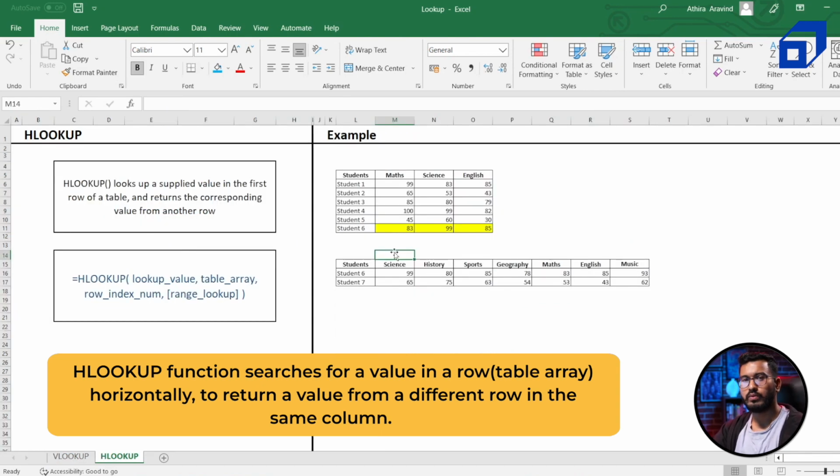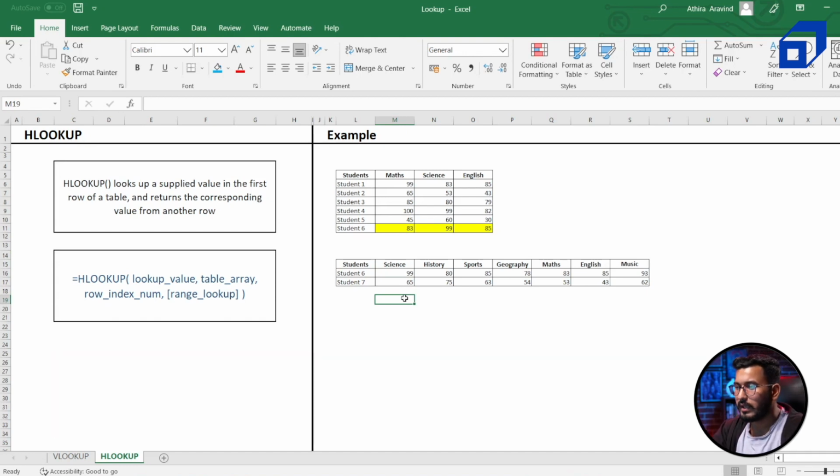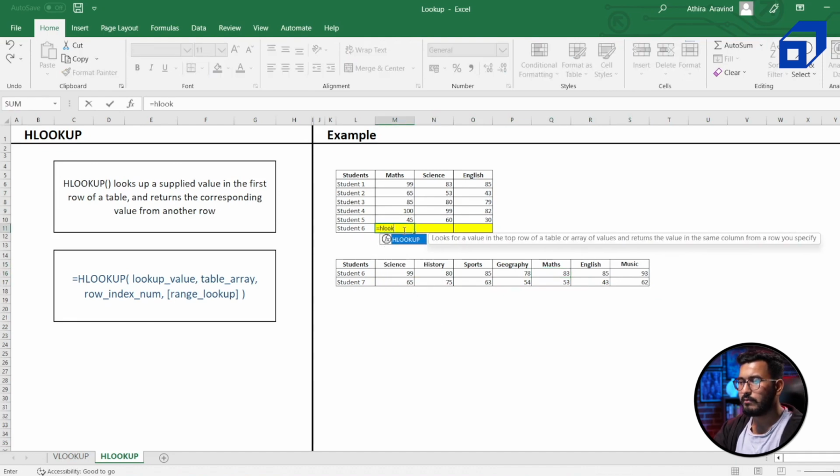In HLOOKUP, what we do, we wanted to look for a particular value in a table array, but horizontally. So I'm saying, let's say this is missing. I'll delete this. Now what I wanted to do, I wanted to look for the value maths in this table array, and if it matches, then return me the marks for student number 6, which is row number 2. So let's write out the formula is equal to HLOOKUP. I'm looking for this value maths, and I want the column to be intact. So dollar, comma, the table array is this,